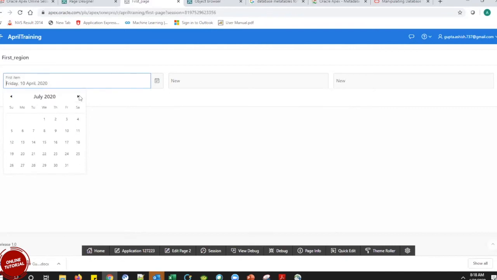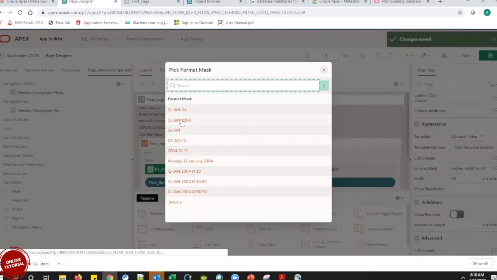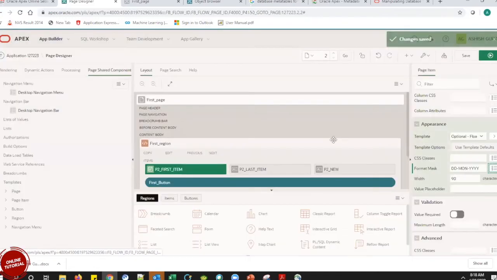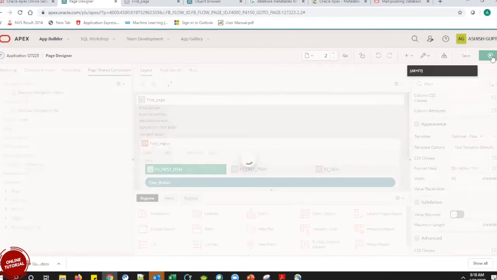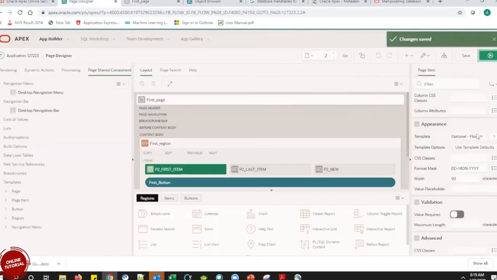Suppose if I want to skip years, I can do it separately, and months separately. Right. I understand what you are telling. Just give me a second. We can do that one as well. So let me keep the DDMMYY. We are able to do it basically. I have done that. Okay, I am not able to select it, but why not?